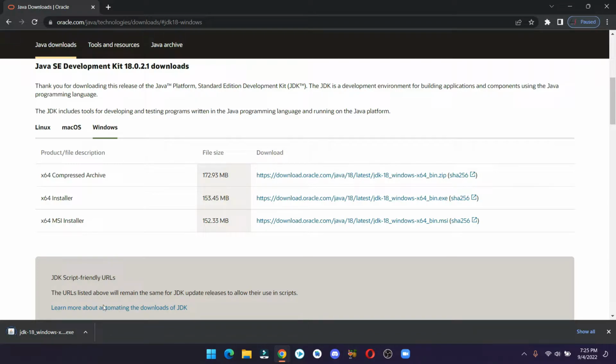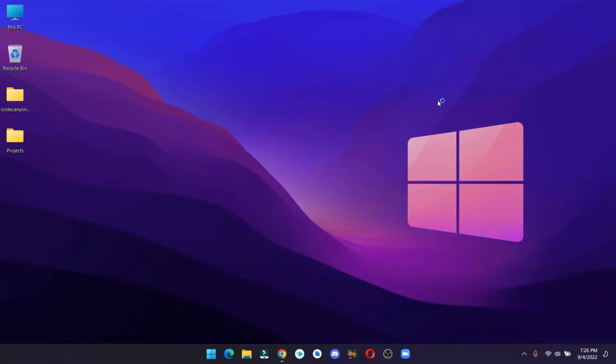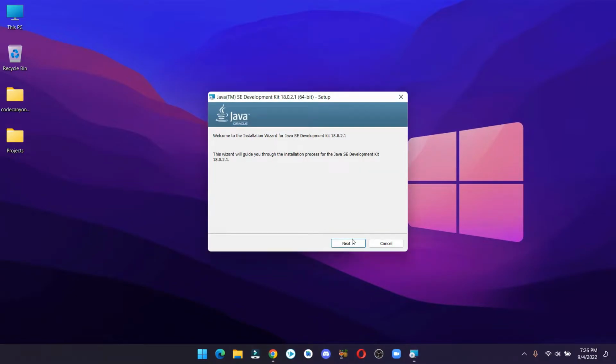Once it's done, double click to open it. Click next and wait for it to install.